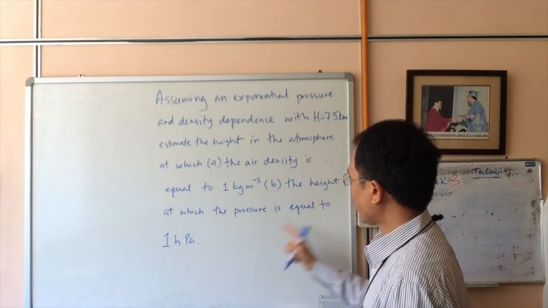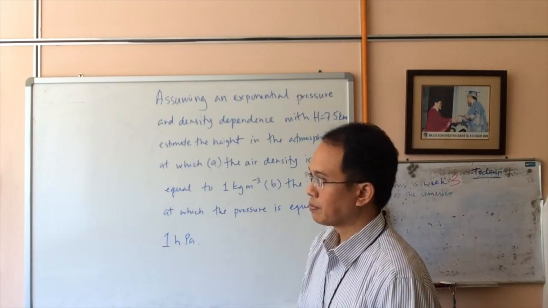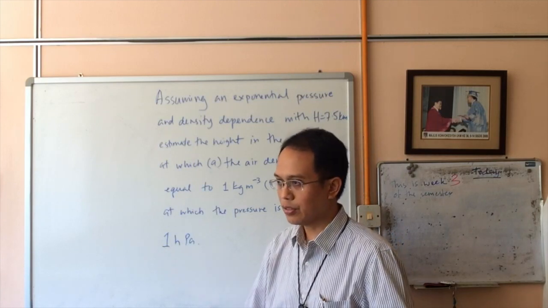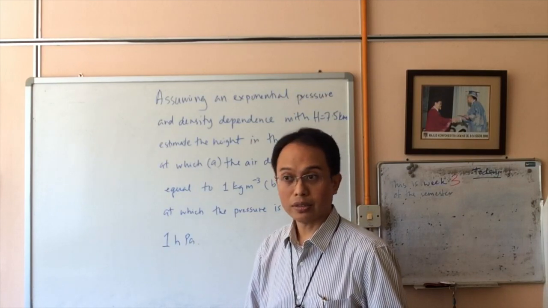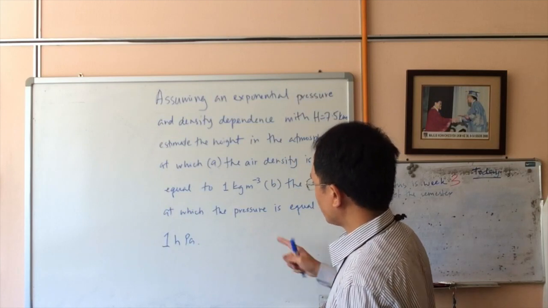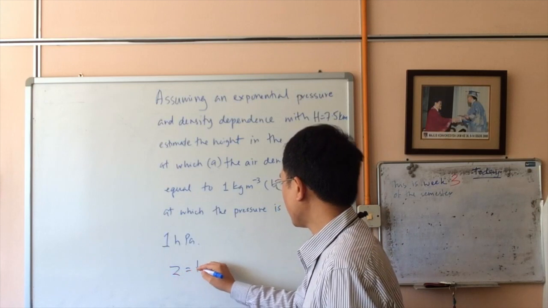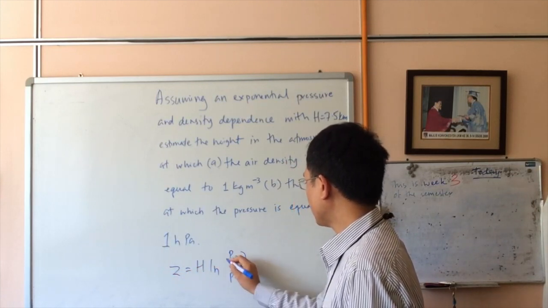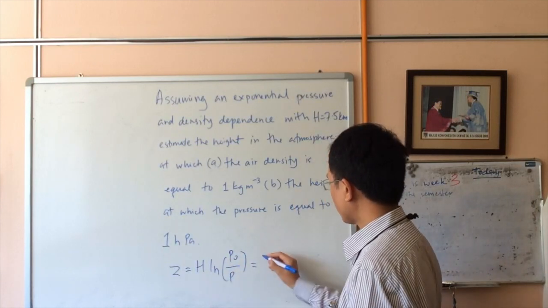And question number 2 is the height at which the pressure is equal to 1 hectopascal. This is also a low pressure because at the surface of the Earth, the pressure is about 1010 hectopascal. So we start by using the equation Z equals H natural log P naught over P, and just by substituting the value, H is 7.5